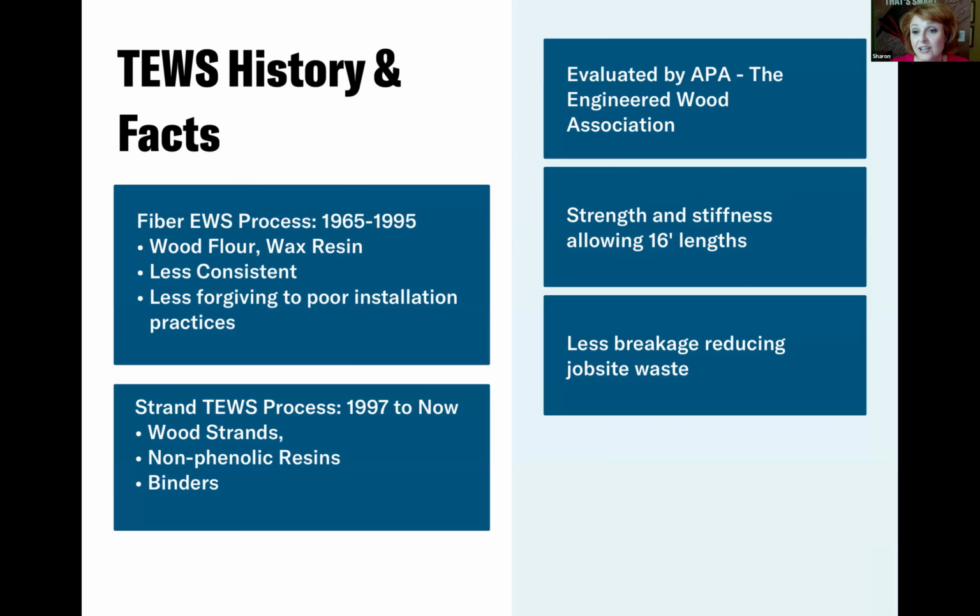And so you might have a batch that is still on homes today that are from 1965 or the 70s, and it still looks pretty darn good. But then there were times when you had maybe a rainy season and it was all pine, and maybe it wouldn't last too long. So a lot of those companies really got out of the industry, right? They were like, there's no way we can do this. It's too much trouble. And that's when in the 90s, they actually came around with a dry process